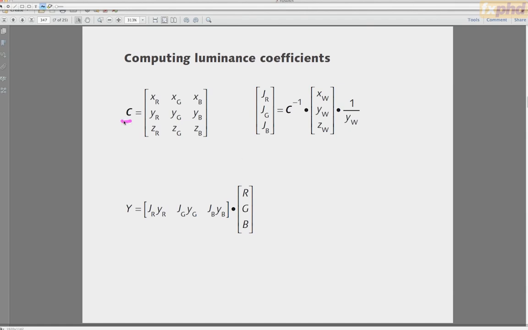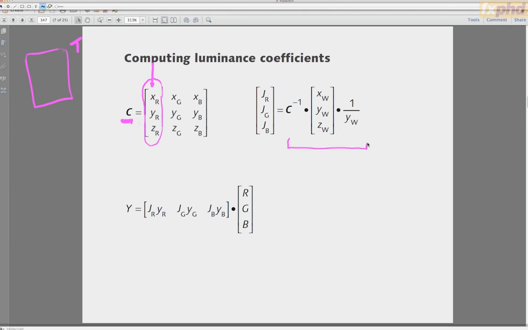So you start with this chromaticity matrix C. It's just the little x, little y, little z coordinates of the red, the green, and the blue. And I always make these matrices so that the elements that lie together that are units are in the columns of the matrix. This is a classic linear algebra technique. The basis vectors are in the columns of the matrix, not in the rows. I mean, obviously, you could just go do a transform here if they were the wrong way around. But I just prefer to put the basis vectors in the columns. So the C matrix is the chromaticities.